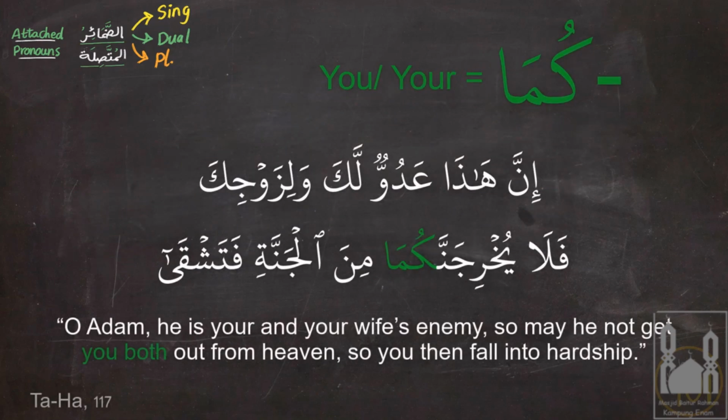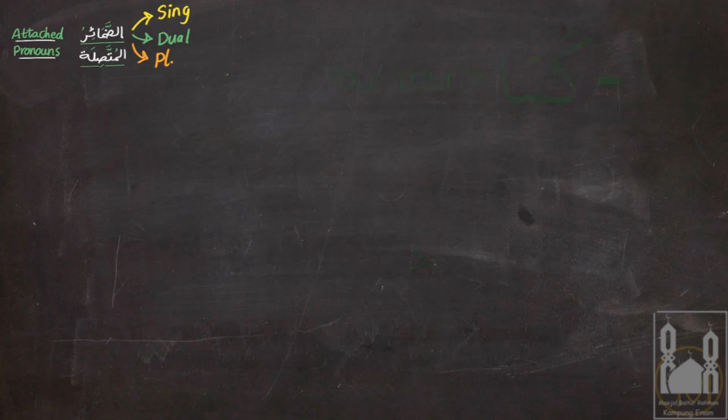إن هذا عدو لك ولزوجك فلا يخرجنكما من الجنة فتشقى. And if it was not directly talking to two people, and you would be talking about two people,